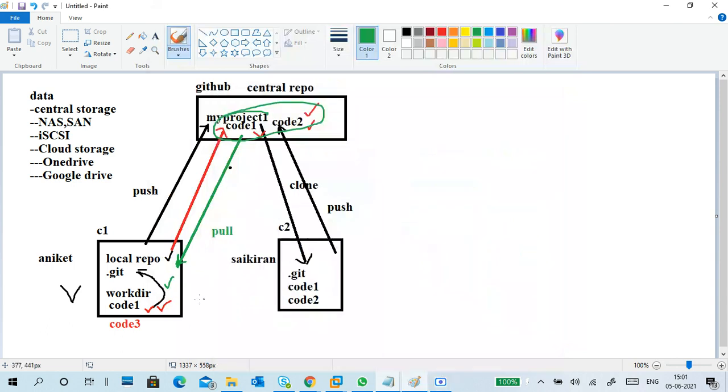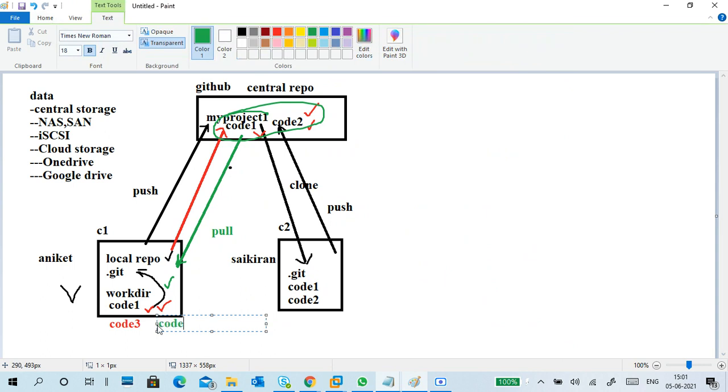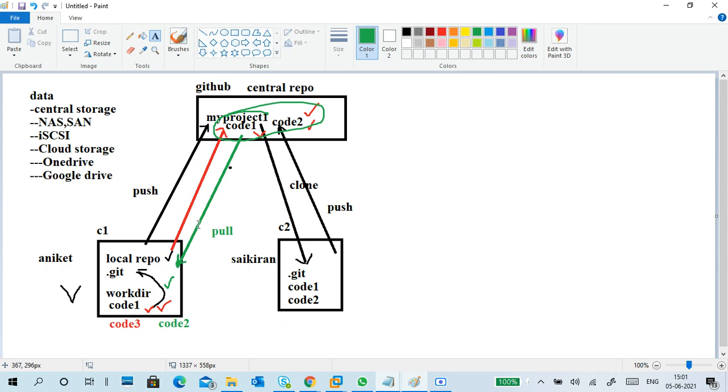It means you will get code 2, and then you have code 3. Now combined, the entire thing you can push into the central one.